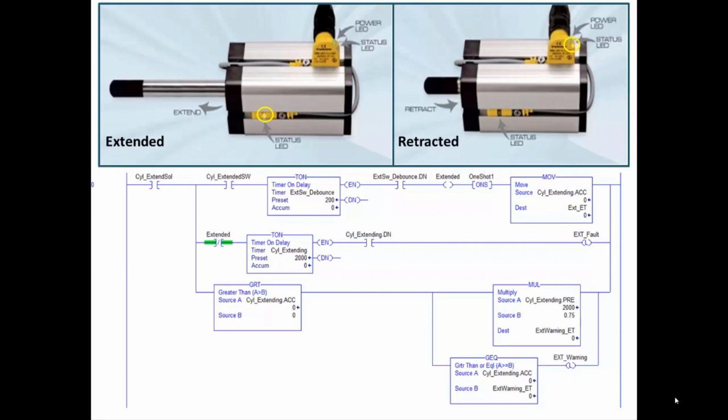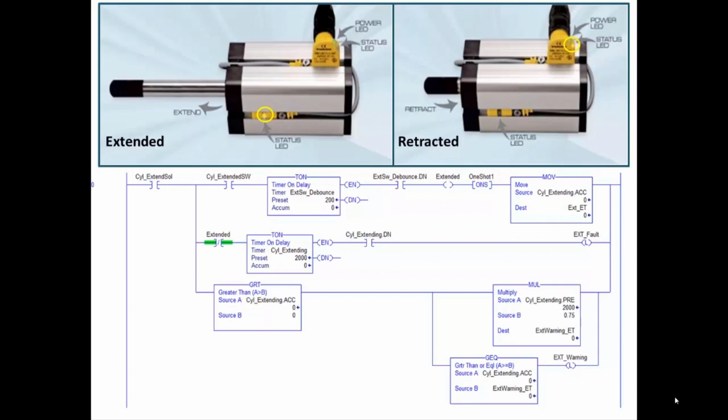I'm calculating 75% of that preset. Now I do it this way, so if you want to reuse this instruction, whatever preset you put in for cylinder extending, this automatically calculates 75% of that. That value then becomes the extend warning elapsed time, and then right below that you see that